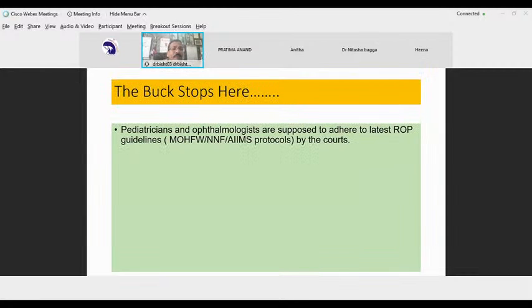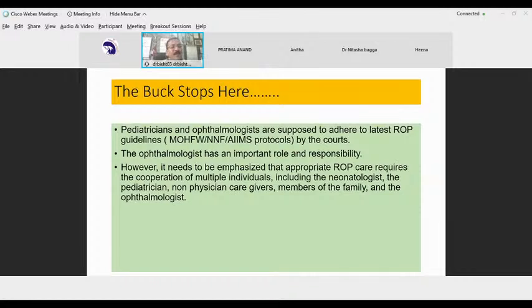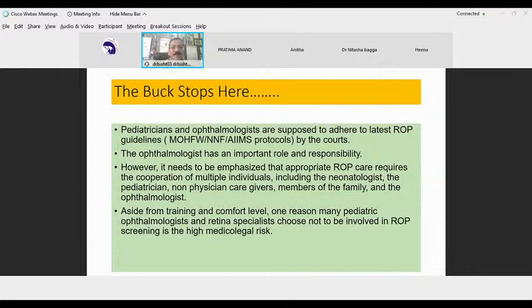So where does the buck stop? The buck stops with the pediatrician, and ophthalmologists are supposed to adhere to the latest ROP guidelines, from the Ministry of Health and Family Welfare. The ophthalmologist has an important role and responsibility, but since he comes to the NICU as a guest only, and doesn't know about all the babies who need to be screened, somebody needs to tell him. So the onus and the responsibility lies on the neonatologist to screen babies, and there needs to be